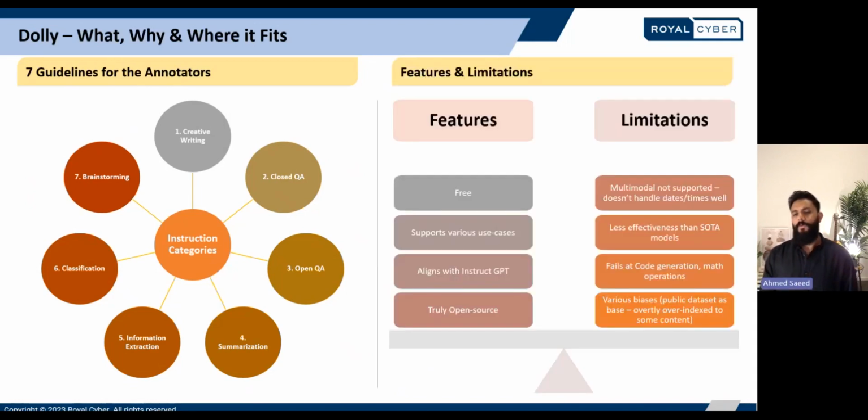We found that overall, Dolly is a great model for specific tasks, such as summarization, for example. Some positives we found, as listed here, is the features. So the model provides instruction following responses without irrelevant information or unnecessary language.